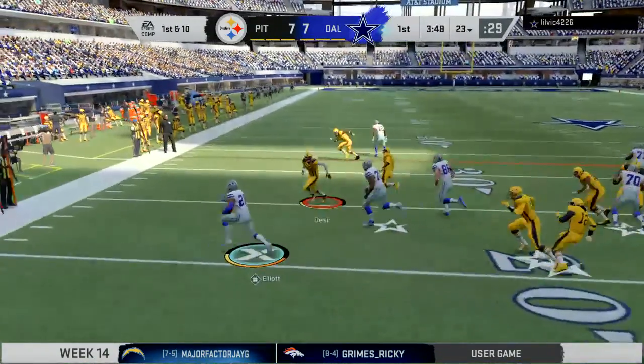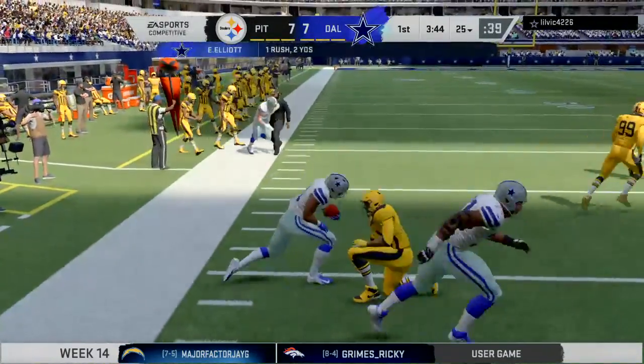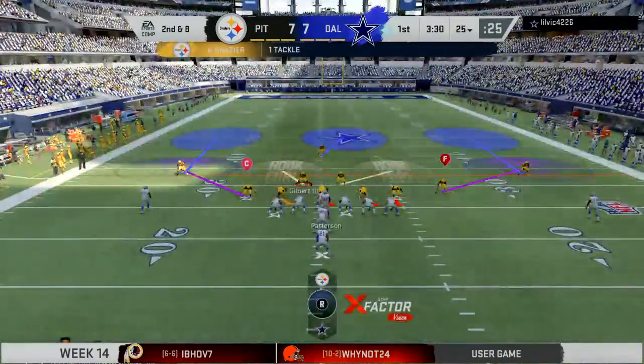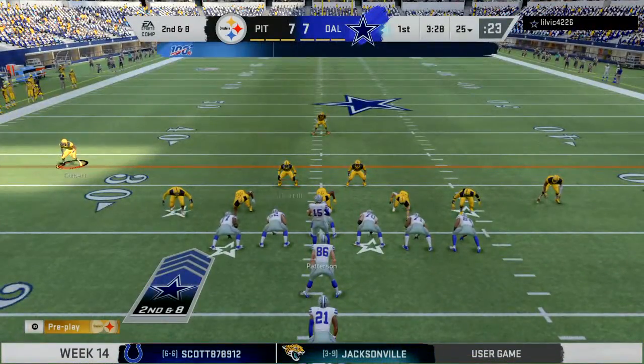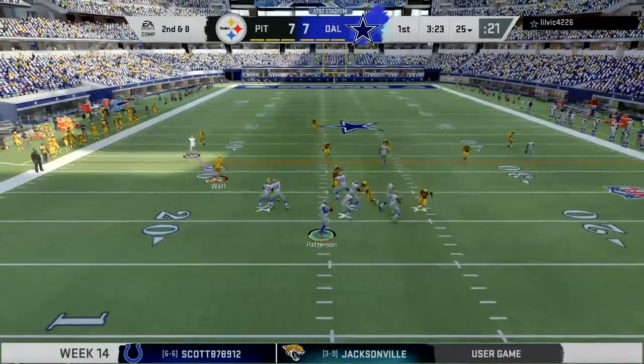Now the first carry for Ezekiel Elliott. The linebacker Ryan Shazier there to make the tackle. Well, we just saw a great example of what we talked about with his coach prior to the game. He's definitely one of the better linebackers at reading a play and flowing to make the stop before it turns